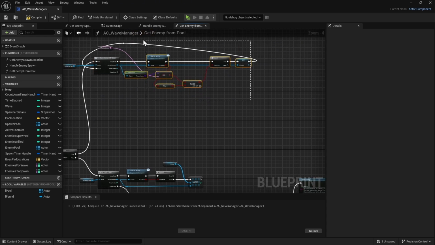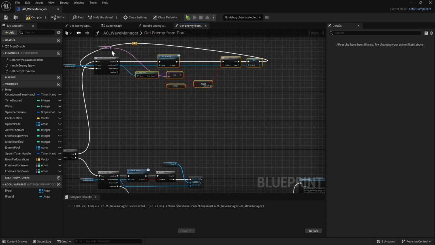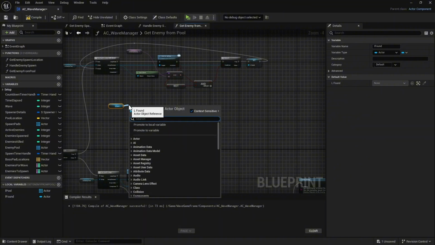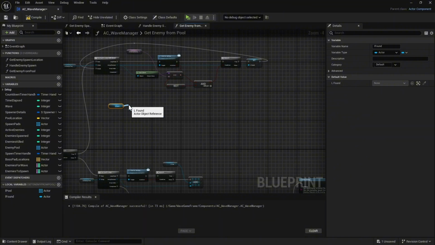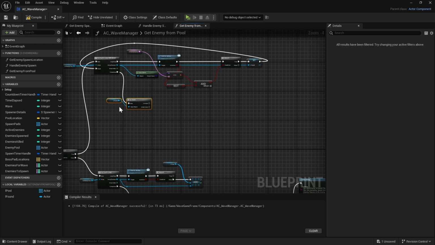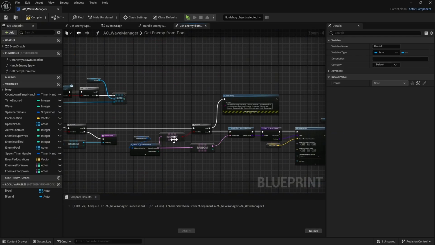So now we need to run some logic on the completed to actually handle the returns here, right? So we're going to take our L found enemy. We're going to see is valid. So drag out of this and is valid. Because if we loop through this entire array and we did not find a valid enemy, then we need to do something else, right? We need to do basically the same thing that we did down here,